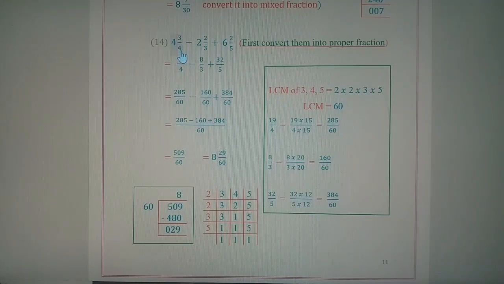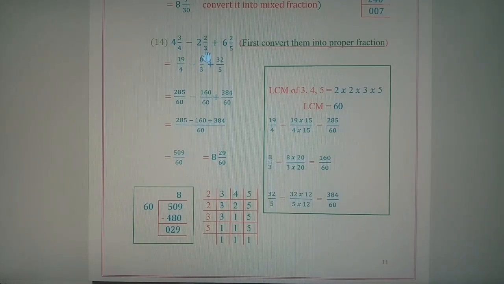To convert the mixed fraction into an improper fraction, we have to use the multiplication addition rule. First we have to multiply 4 4s are, and the answer has to be added with the next number in the numerator. 4 4s are 16 and 16 has to be added with 3. 16 plus 3 is 19. So the numerator will be 19 while the denominator will remain the same, 4.